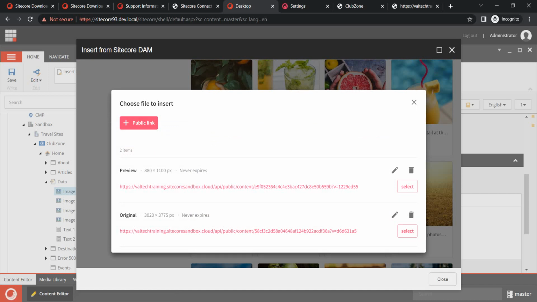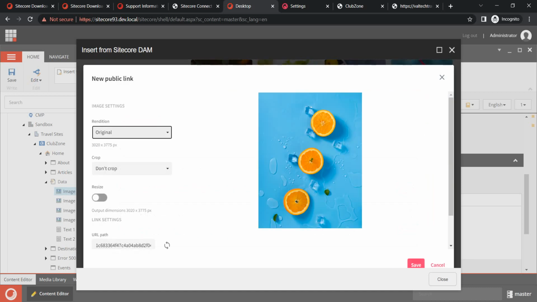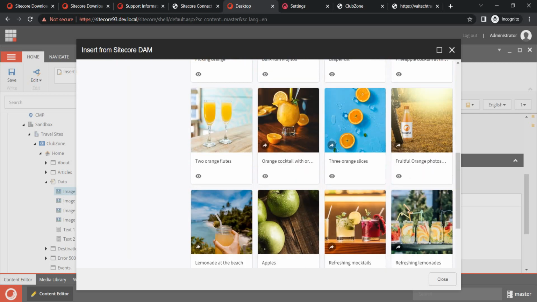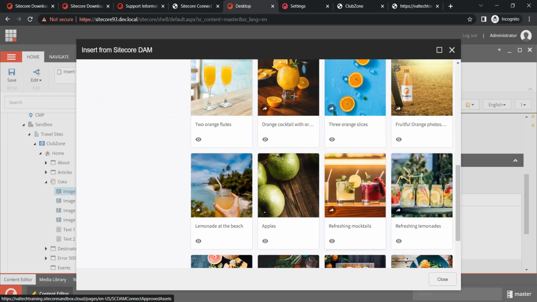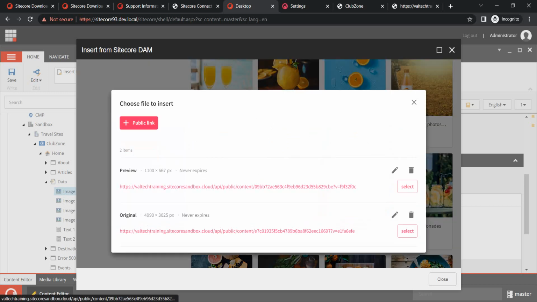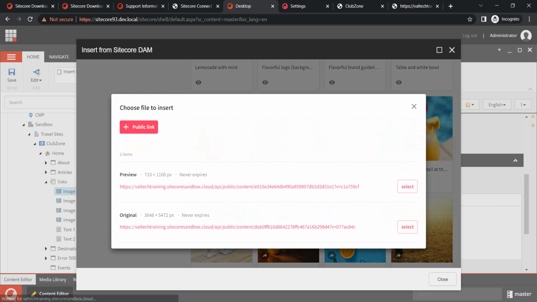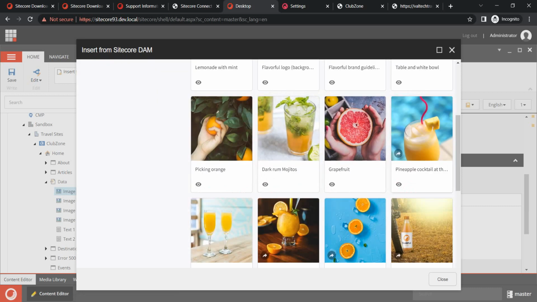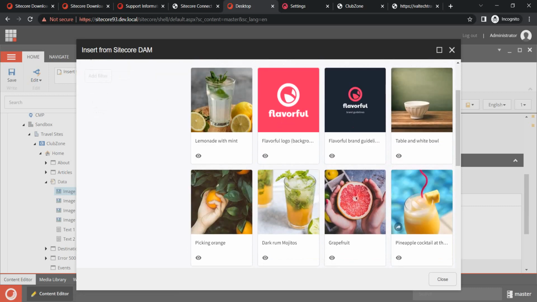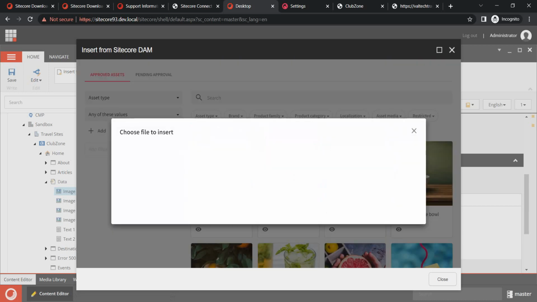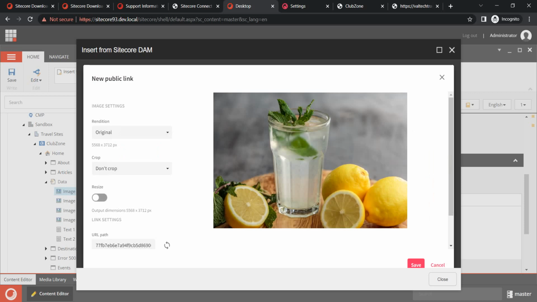Let me also click on a different public link here, and the preview is also very big. Let me just cancel this one, that's not what I'm going to use. Maybe let me use this one. Here also, I'm just thinking to use a smaller image, maybe this one. How about it? This is also great. Let me see where we can use. I'm just thinking. Okay, so for this one there is no